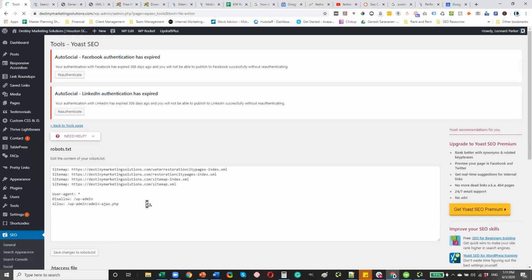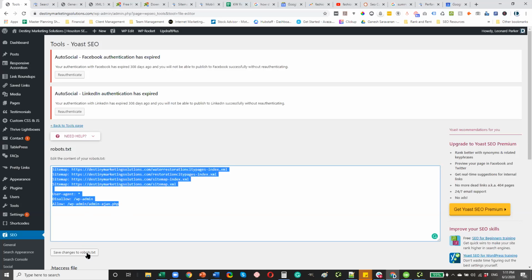And yeah, so you'll pretty much come to this screen and it's going to pretty much auto-populate it for you. So again, just double check this allow part, make sure there's nothing weird going on. And yeah, that's pretty much it. So once you have your robots.txt file, all you do now,